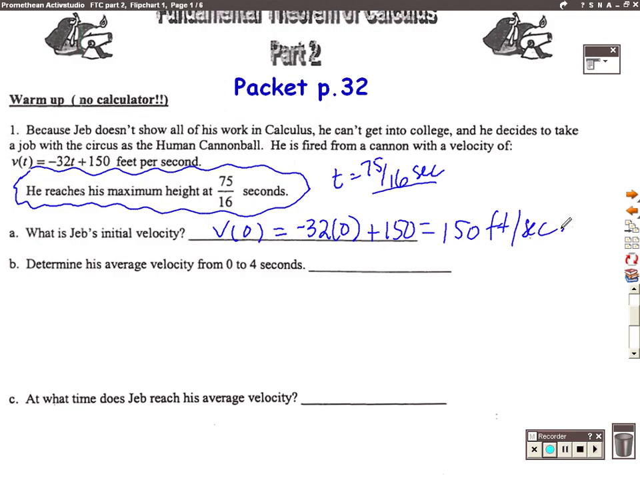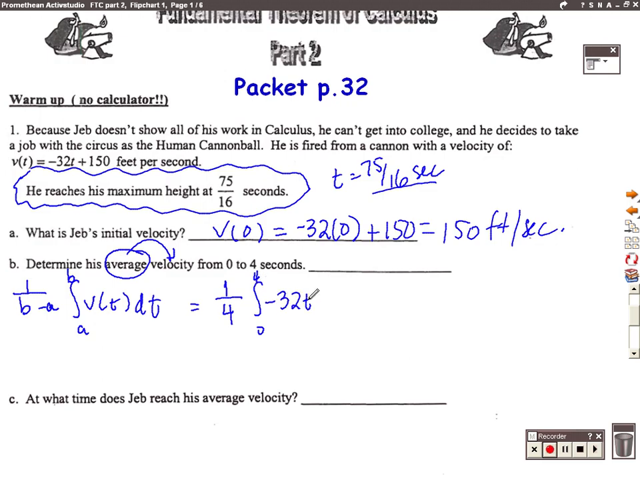Determine his average velocity. Keyword, find the average of velocity. So they want me to find 1 over b minus a, this is what we just did in our homework, from a to b of v of t dt, the average of velocity. In other words, I have to go back to position because average velocity is change in position over change in time. So we get 1 over 4 minus 0 from 0 to 4 of negative 32t plus 150